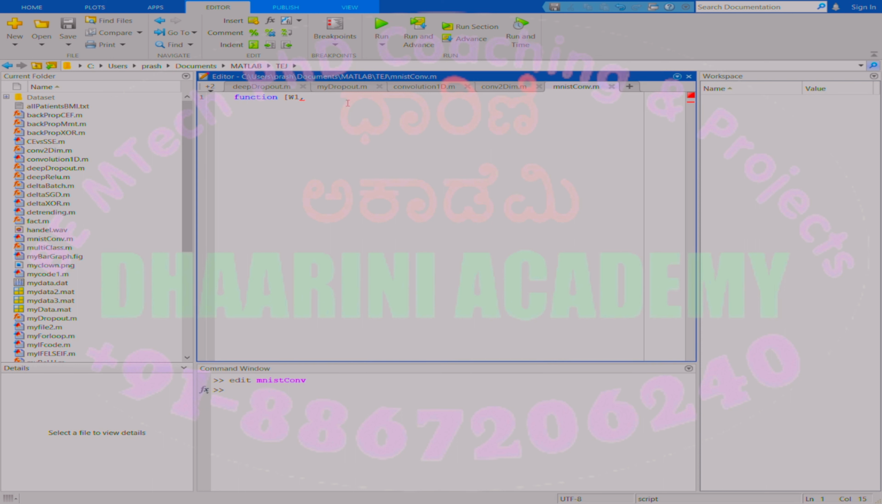All right, so what are the weights you are trying to update? First one is W1, followed by another weight, W5, and W0. So I'm expecting them to get updated after I run this code. So the name of the function is given as MNIST com,